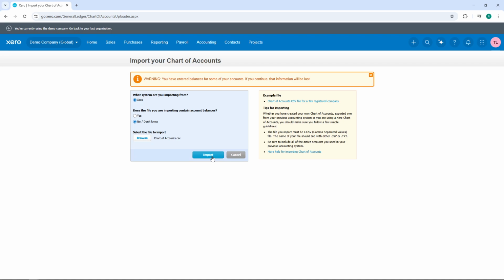And that's it. You've successfully imported your chart of accounts into Xero, which means you can now start managing your financials with all your accounts properly